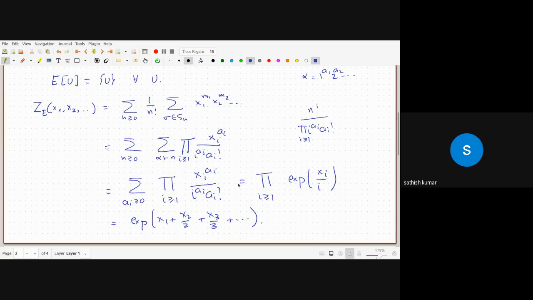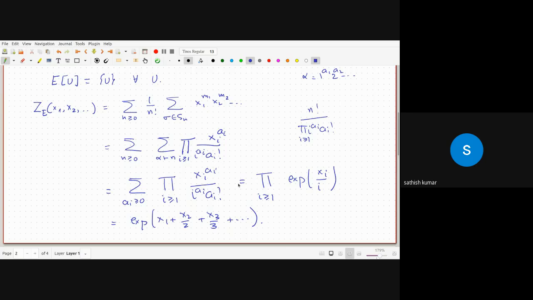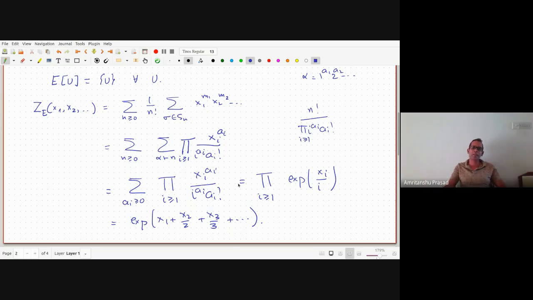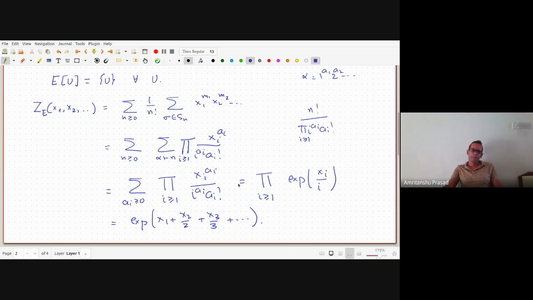What I meant was this first summation was running over ai greater than 0. So I think that is sequences of non-negative integers. We expect those sequences to be eventually 0, right? Okay, you're saying otherwise you will get these terms which don't even make any sense. Yeah, you're right. Otherwise you'll get these monomials of infinite degree, which doesn't make sense. Thanks. Yeah, you're right. Good point.